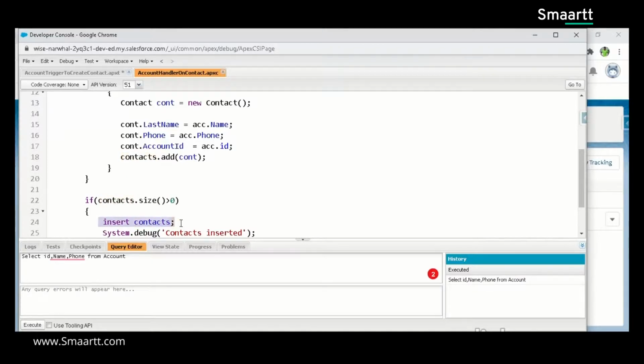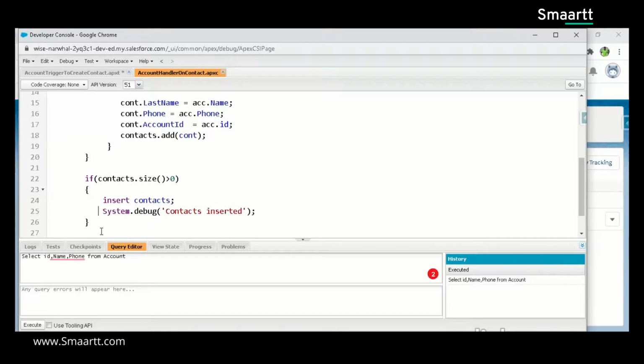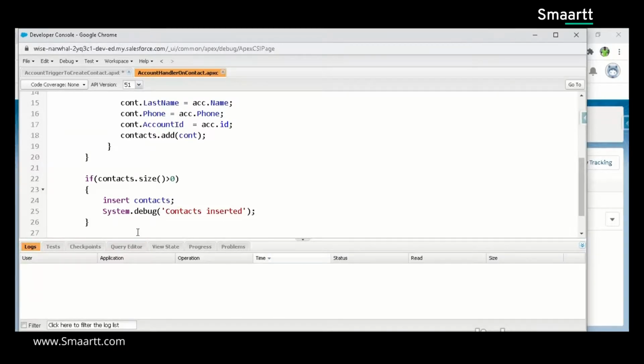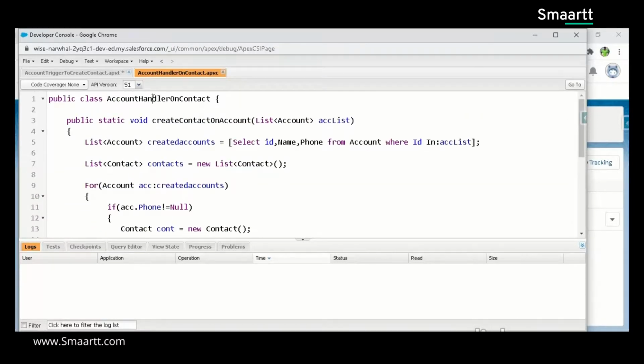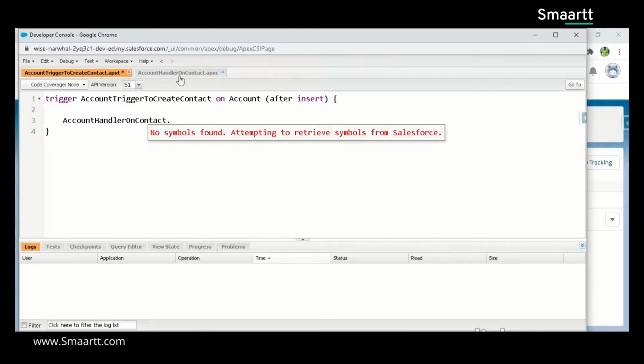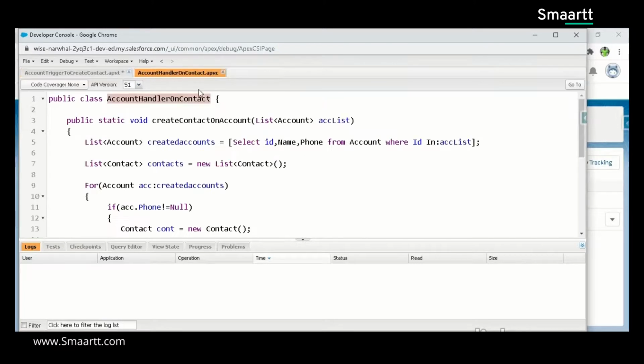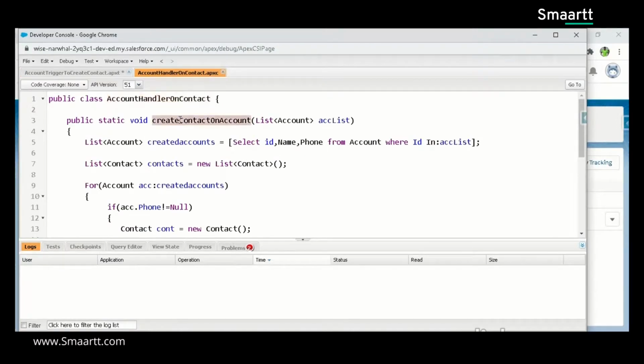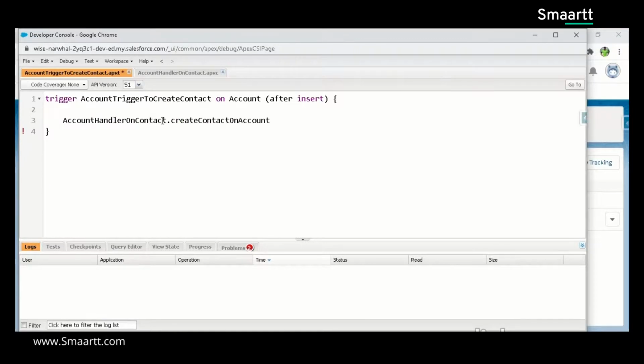So what to do is just use insert contact, and I have used System.debug to let you know that the contact got inserted. Now I'll just log nothing over there. I have the function ready. I will just call this function in my trigger. So first you need to create a trigger. Don't do anything else, just create a class and the function which you need to work on like this. Once this is completed, just call that function in the trigger, nothing else, and pass the list of accounts.